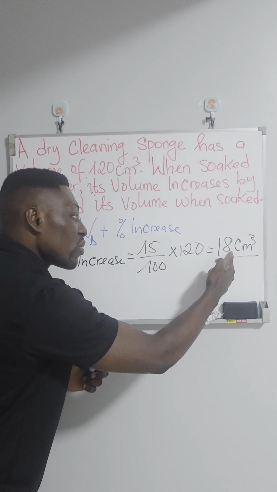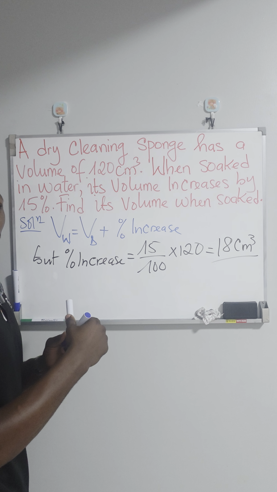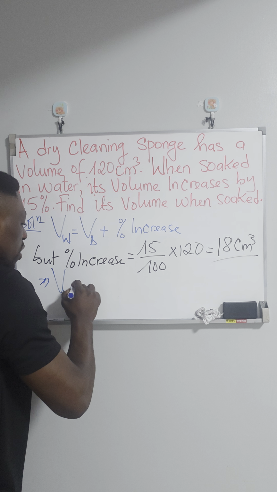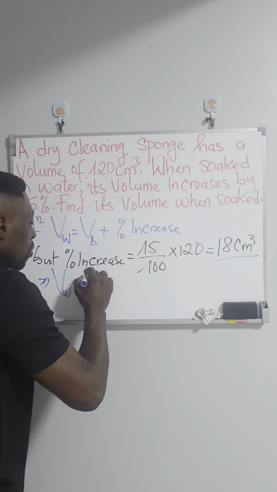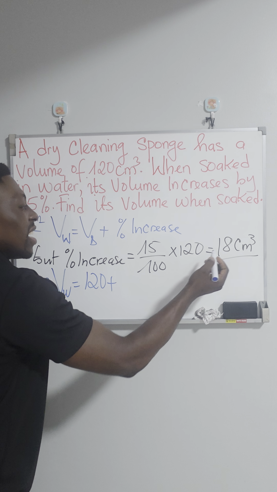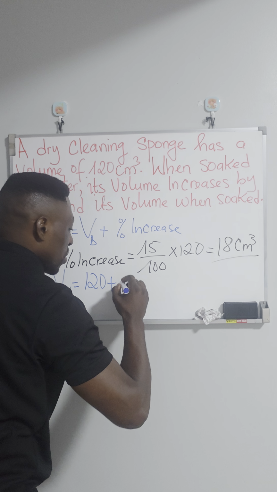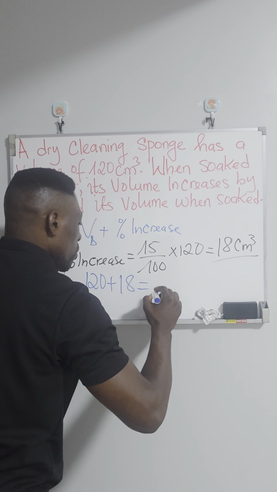Now we will add this increase in volume to the dry volume to obtain the wet volume. Therefore, the wet volume VW will be equal to the dry volume 120 plus the increase in volume when it is soaked, no more the percentage increase. So plus 18, and if you do it well, we should have